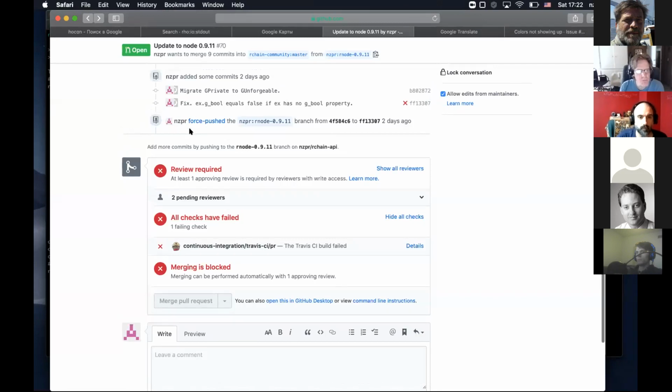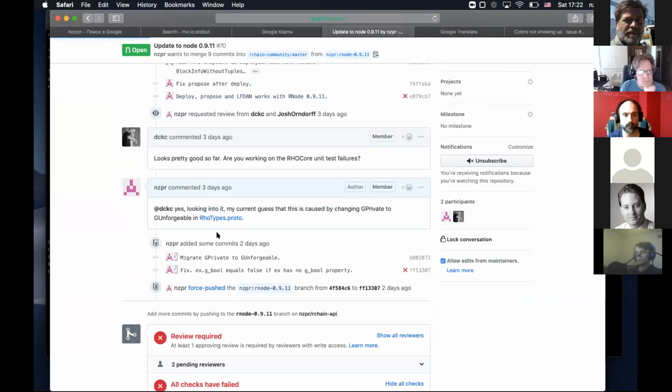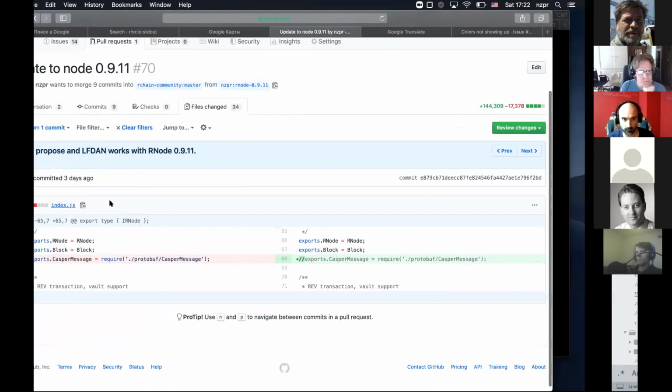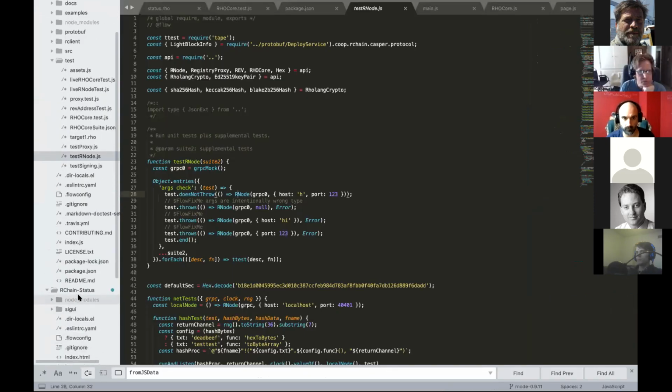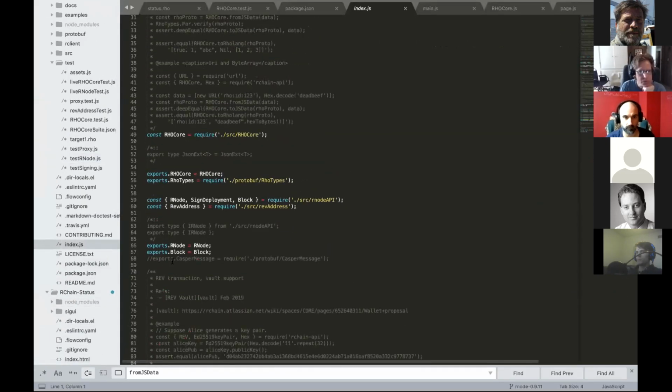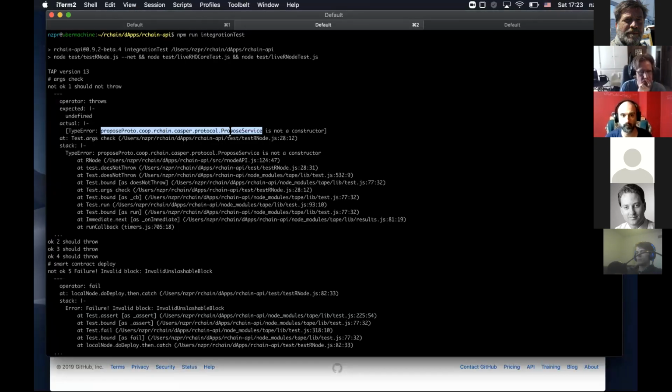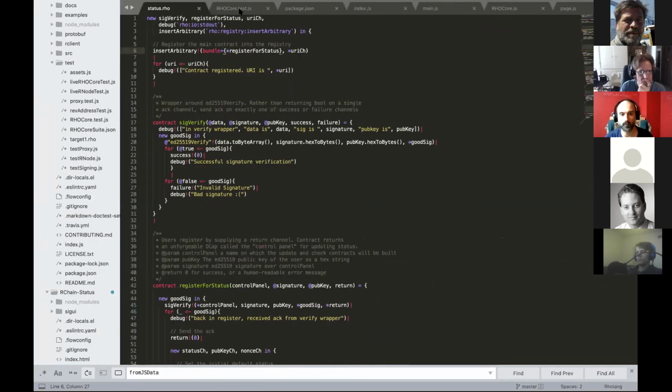If I leave this line in the index file, if I export Casper message out from here, I can't run all the tests, because it shows me that it cannot construct the deployer service. It prints that deploy service is not a constructor, and I didn't get how it relates, and actually